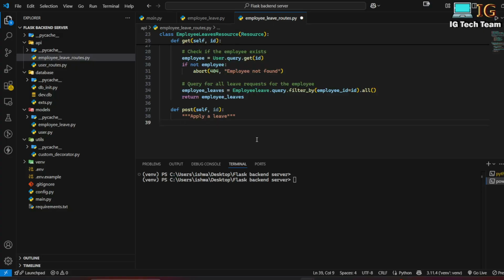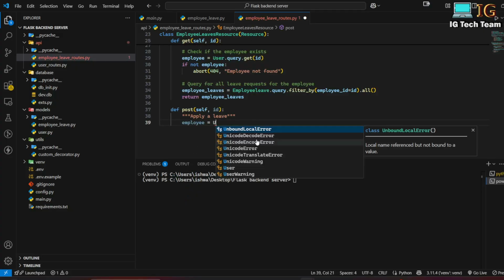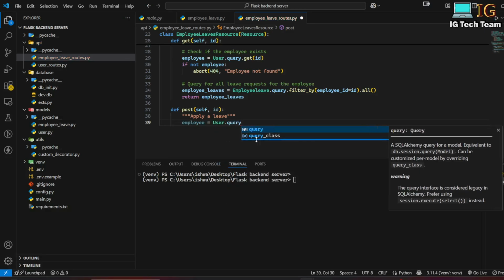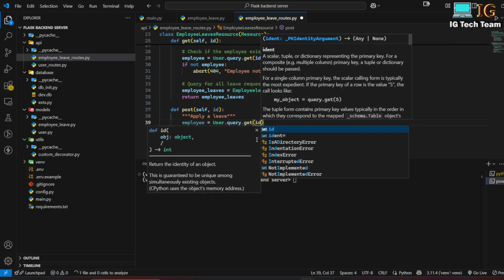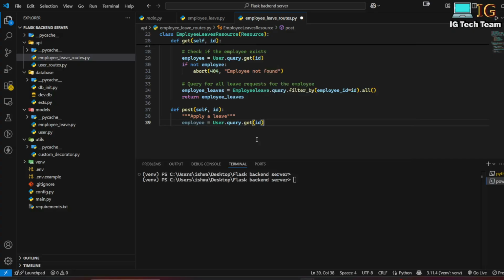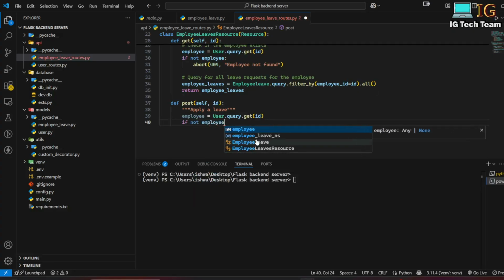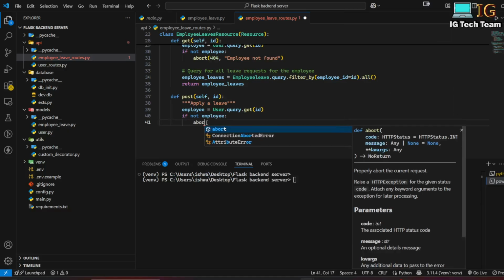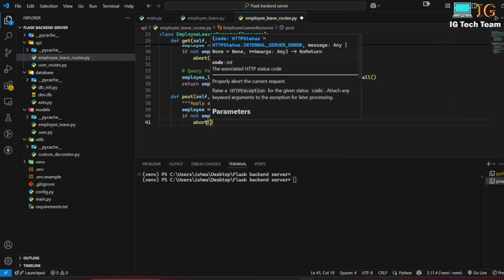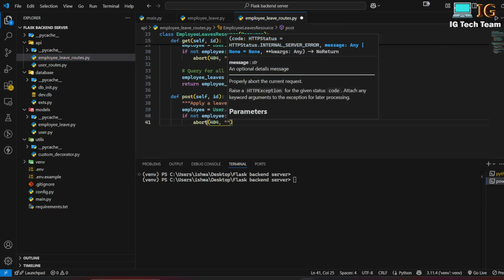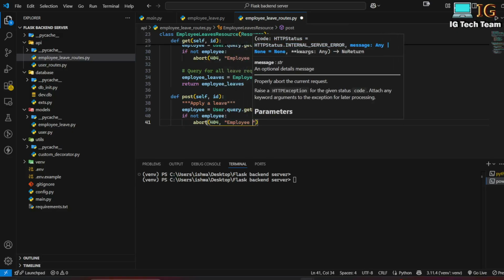Again, I have to check if the employee is there or not. So I can write employee equals user.query.get_by_id. ID is my primary key, and if not employee, I will call abort with 404, again employee not found,